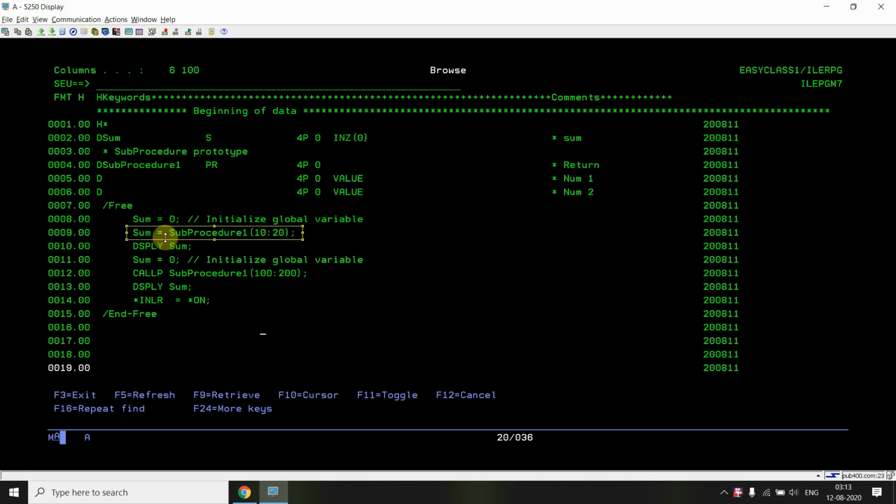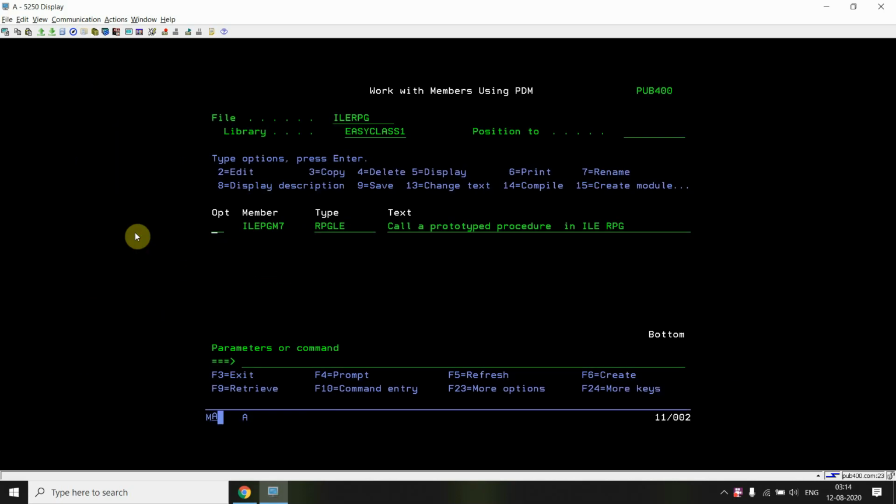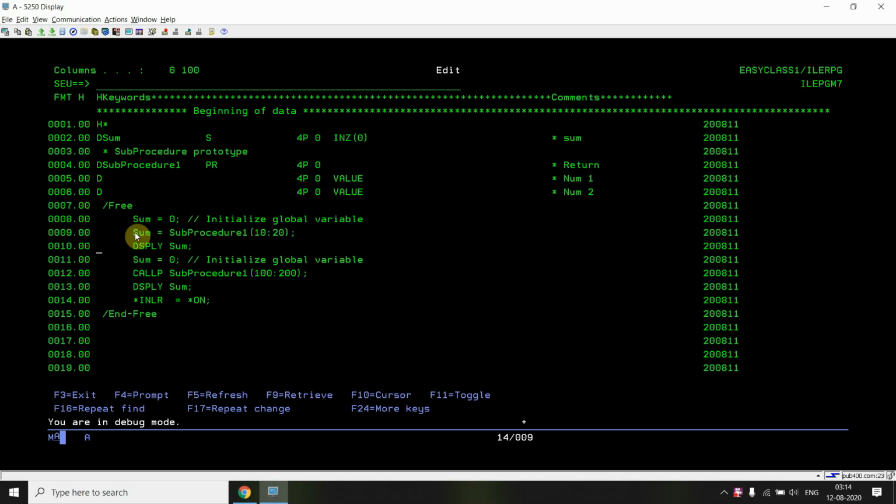I can call it using this syntax, by writing the sub procedure name and passing the input parameters. If it is returning something, I can write sum equals sub procedure 1 10 colon 20, because it takes 2 parameters as input and returns sum.